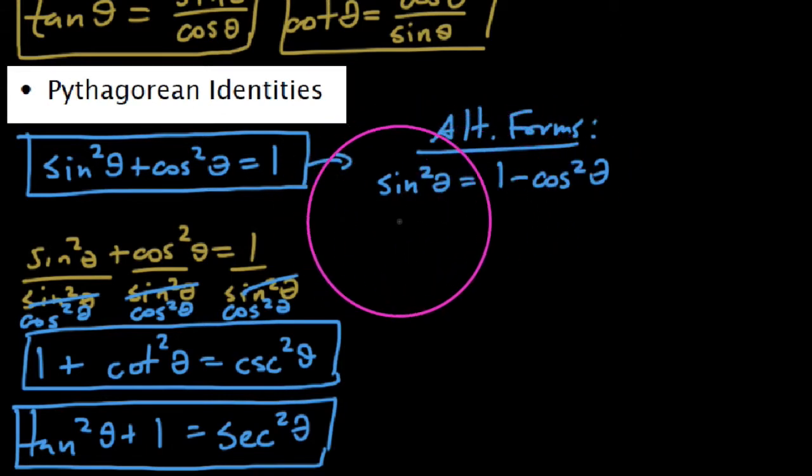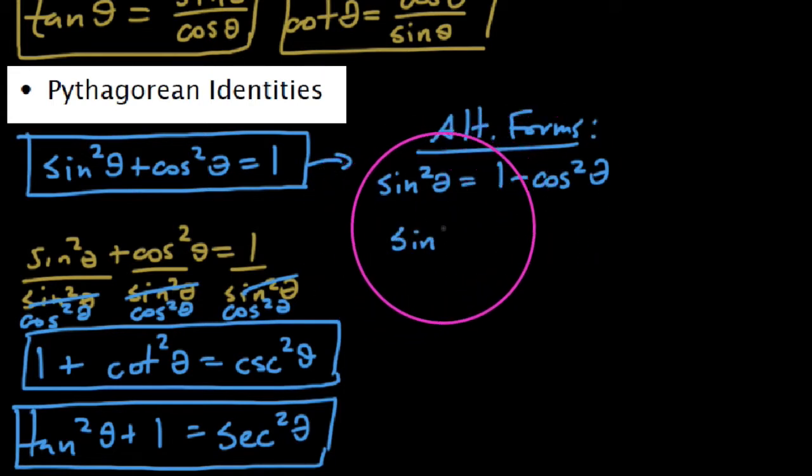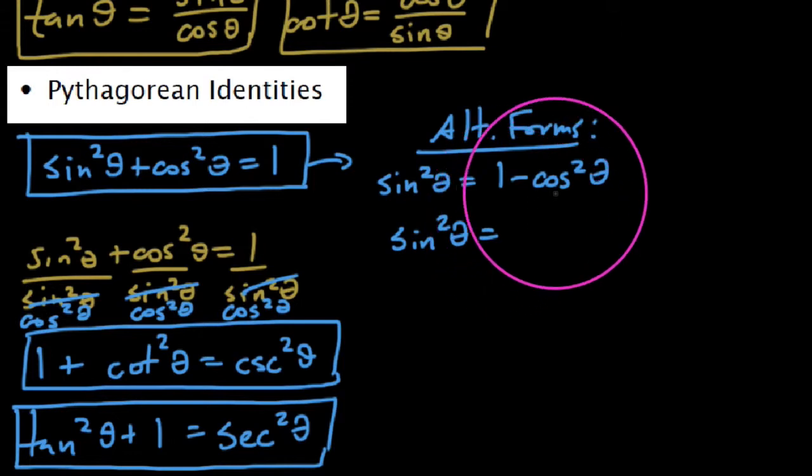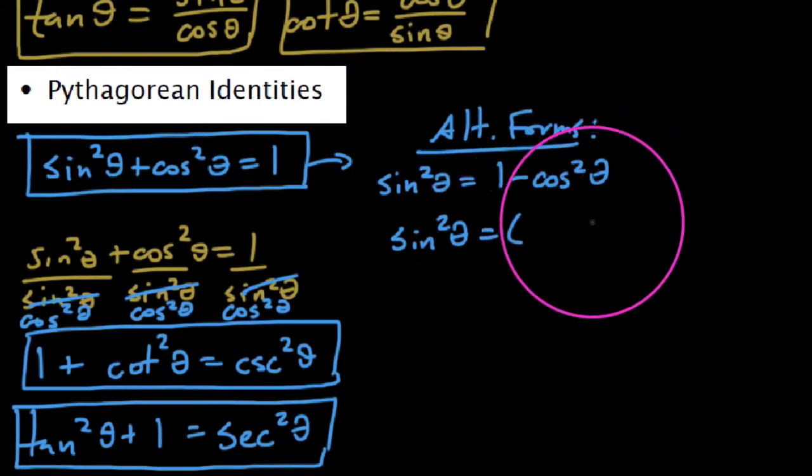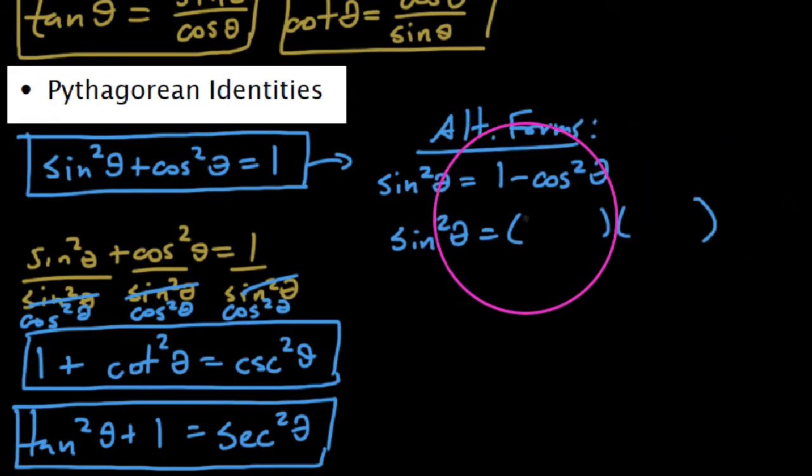As a follow-up, what I want to do also is this. I want to make the note that whenever you see a 1 minus cosine squared, as we have here, we could rewrite that as a difference of squares. As a matter of fact, let me make this a little bit wider. As a matter of fact, we say that this is a difference of two squares, where 1 would go on